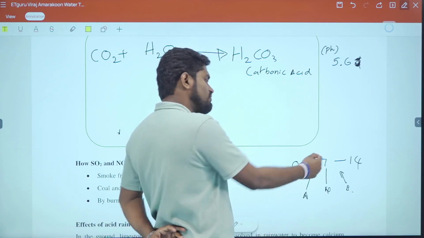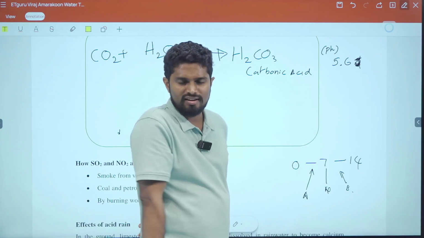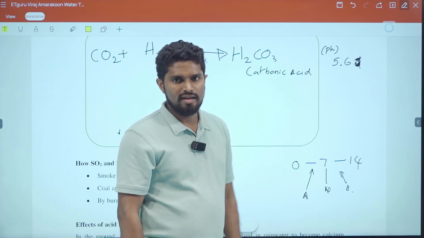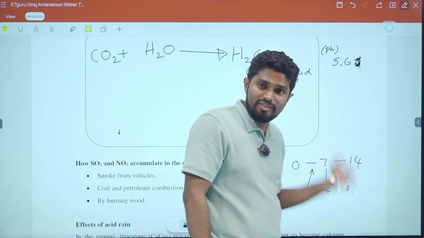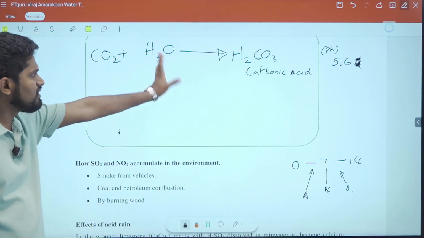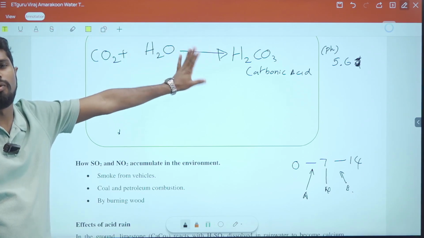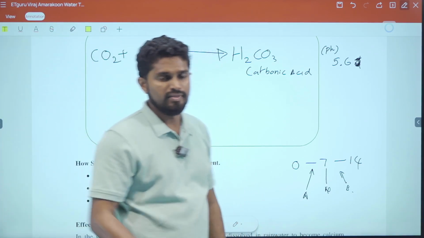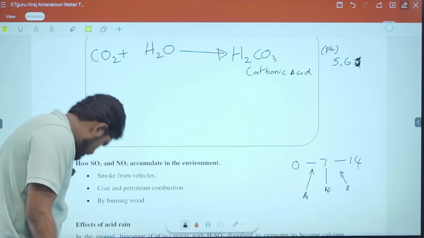The acidity is very high if the pH value is coming toward the 0 side. The basicity is very high if it goes toward the 14 side. Then it is not affected more. It is not a big problem. Okay, but after some burning happens,